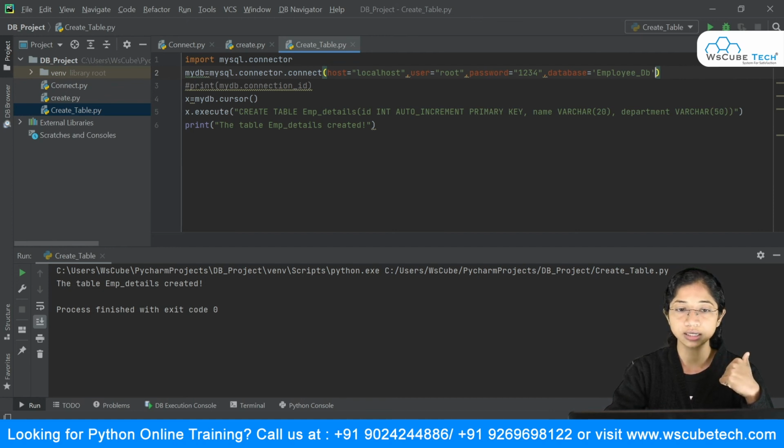And this will establish the connection, and then we made use of the cursor object, and with the help of the cursor object we are firing the query. You are seeing the syntax, or the query for creating the table, which is nothing but create table and the table name. And inside this we are passing the column names, that is id, name and department. And we have given the data type of each, so id is of int, and name is of varchar. We have given the limit over here, that is 20. And for department we have again given a limit of 50, using the varchar